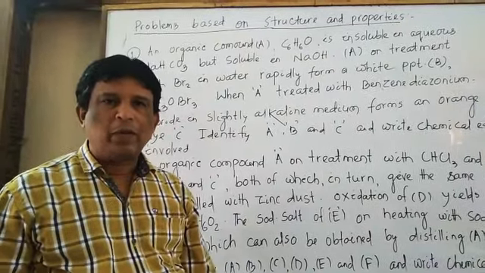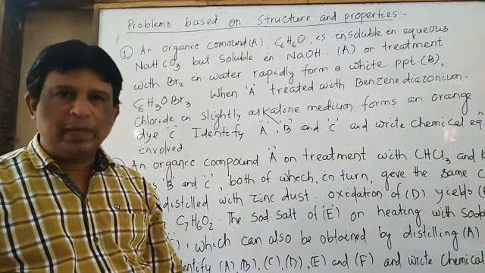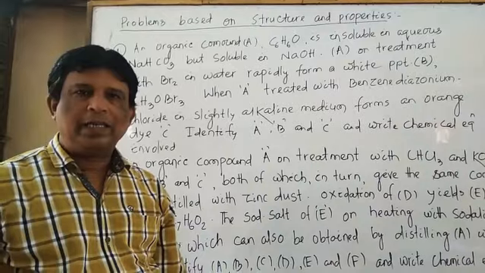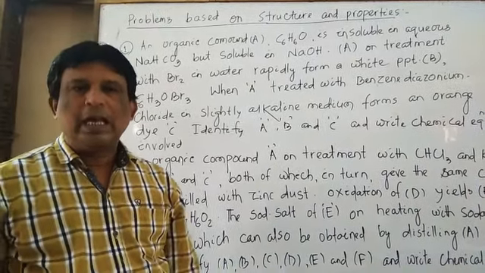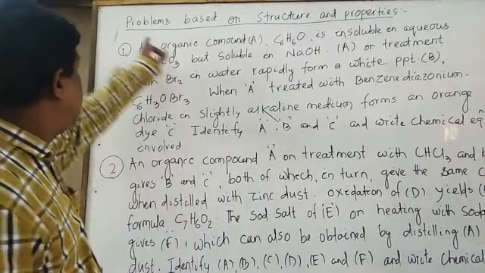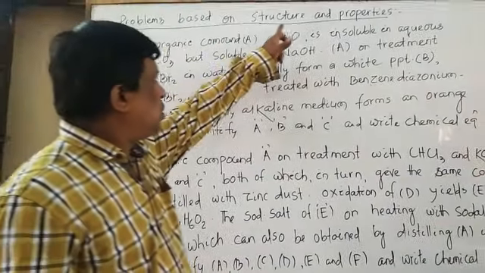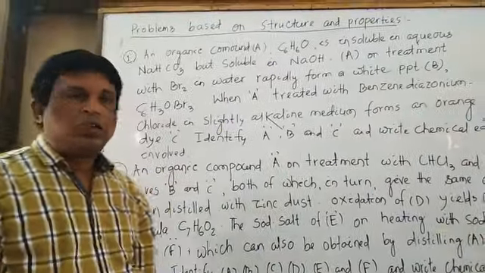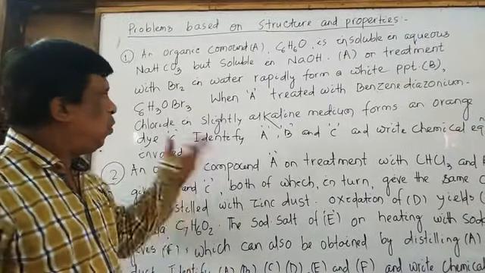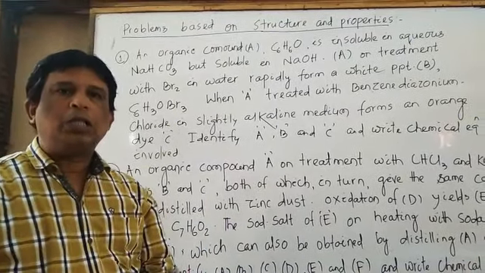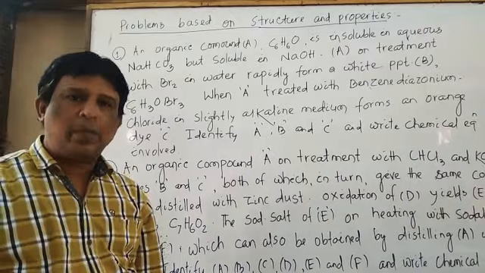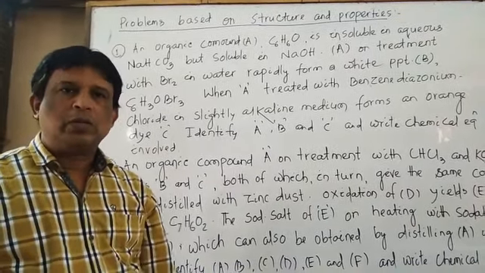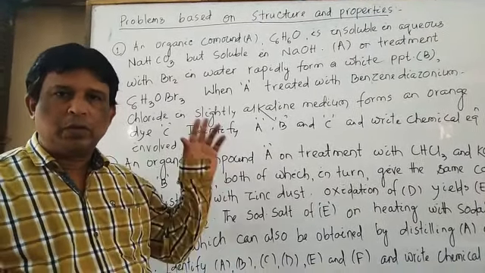Completion of one type of numerical, that is finding the missing words A, B, C, D for the chapter phenol. Next type of problem is based on structure and properties. It is a 5-mark question. So before going to this problem, we have to remember all the methods of preparation and chemical properties of phenol. After remembering that, switch over to the problem.